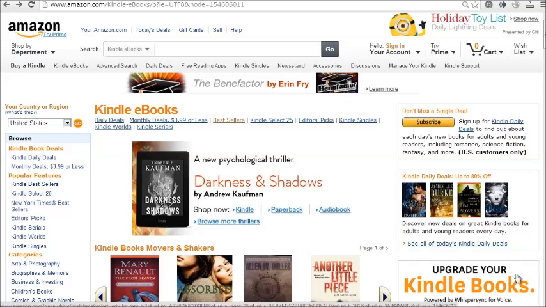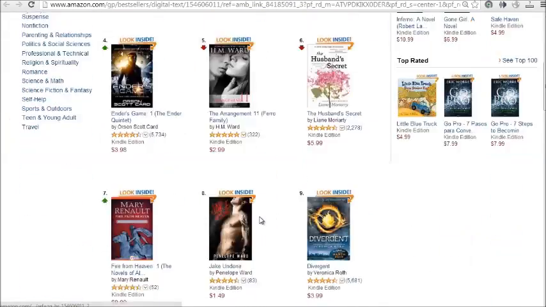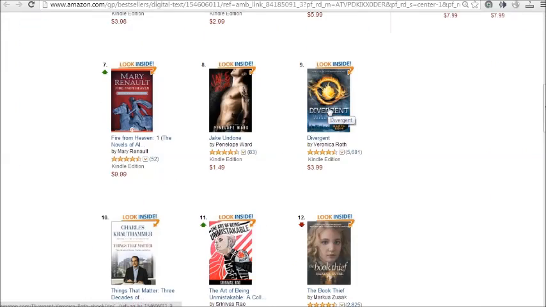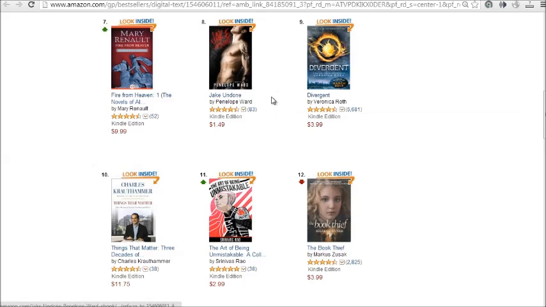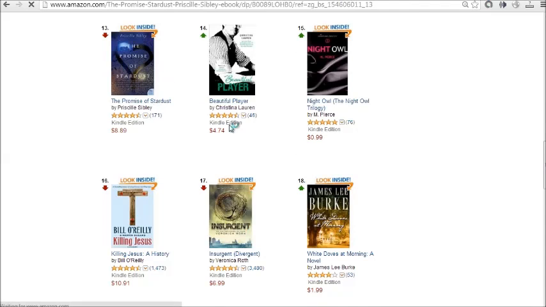Now, before you go out and try to find the keywords or categories that you want to use, you want to get an understanding of how the Amazon system works in terms of the traffic flow, where buyers come from, and things like that. If we take a look at the Kindle section, or the Kindle ebooks, you can see that they have the bestsellers lists, monthly deals, daily deals, editor's picks, Kindle singles, and things like that. So people can find your book through here, or if they simply click on one of these books, for example, this one here,